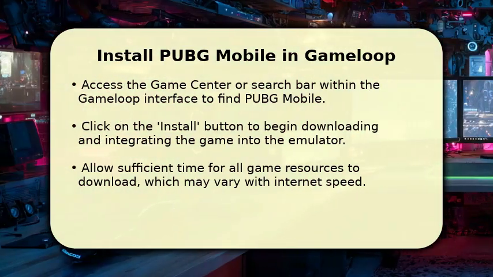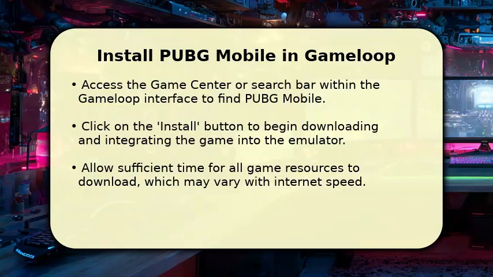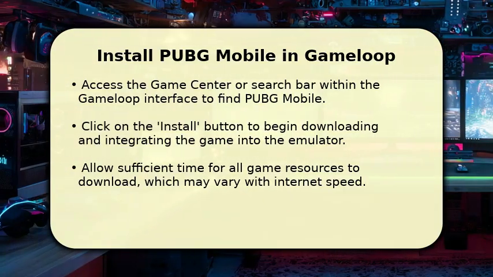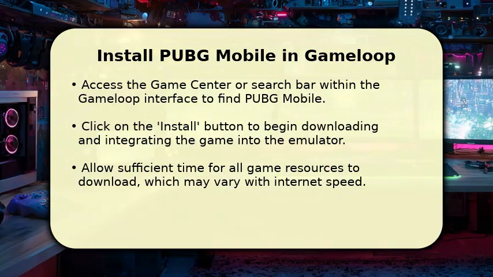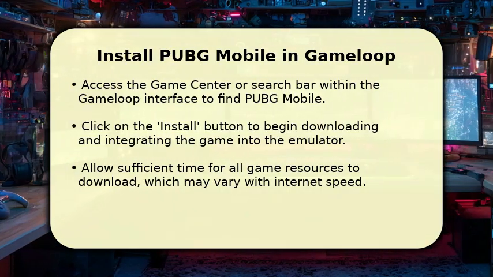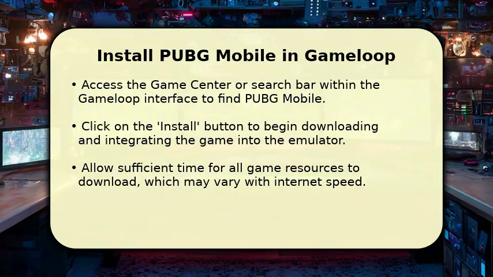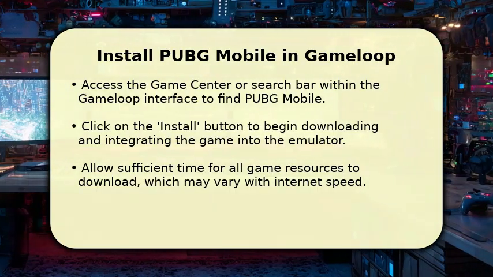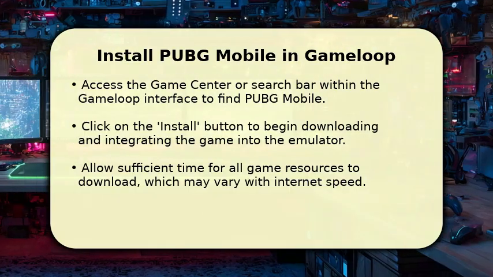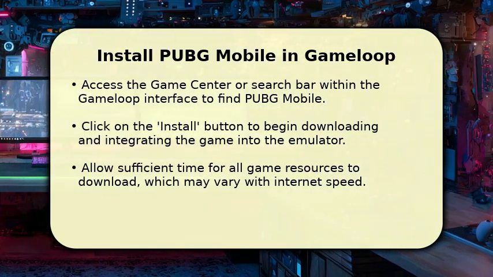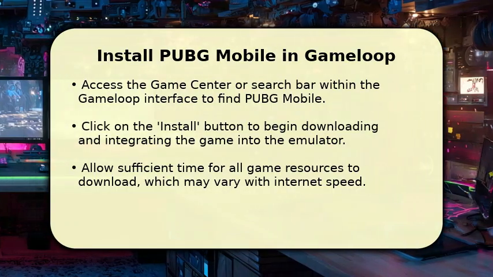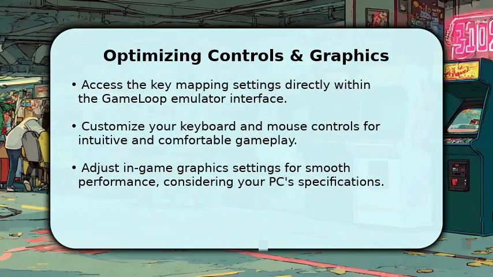Now, inside the GameLoop application, locate the Game Center or use the search bar at the top to find PUBG Mobile. Click the prominent Install button associated with the game to start the download and installation within the emulator. This process will download all necessary game files, which can be several gigabytes in size, so be patient. Once fully downloaded, the game will automatically install and be ready to launch. With the game installed,